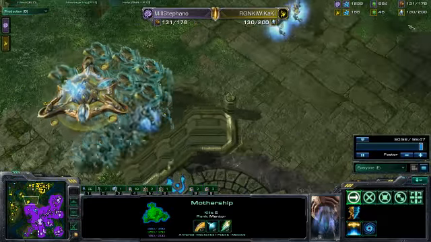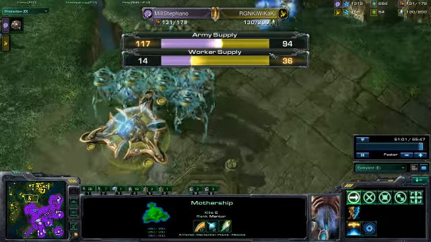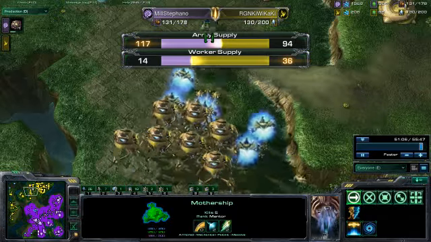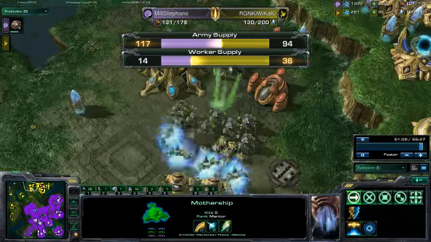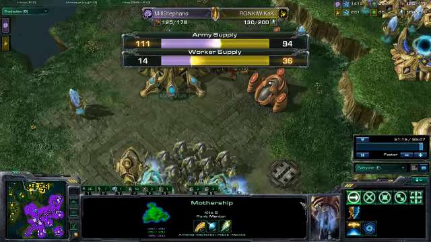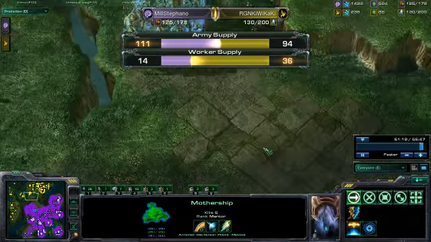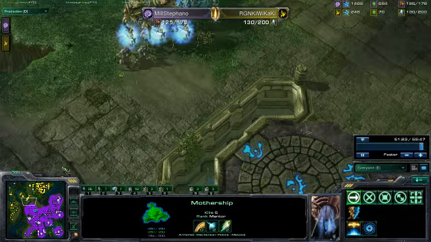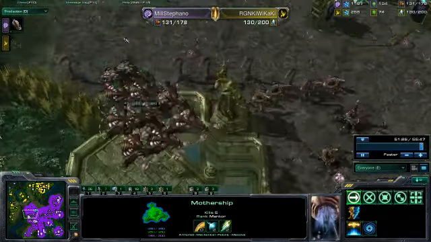Because right now they're both, again, very even. Worker supply has changed dramatically. Army supply, 117 for Stephano against Kiwi's 94. Again, look at that though, 111 to 94. That's why everything makes a huge difference here. Less than 20 supply makes the difference between their two armies. So we've got a massive...